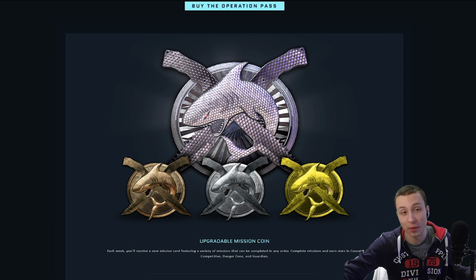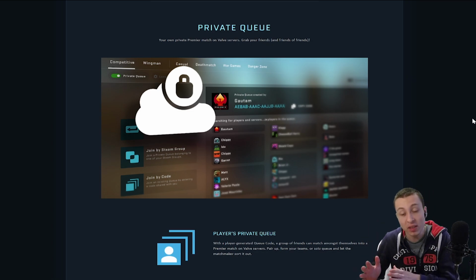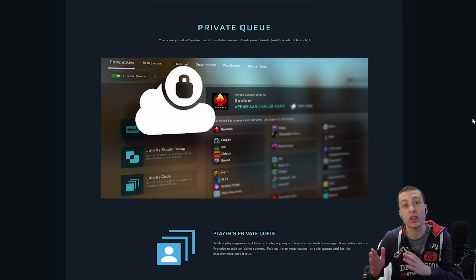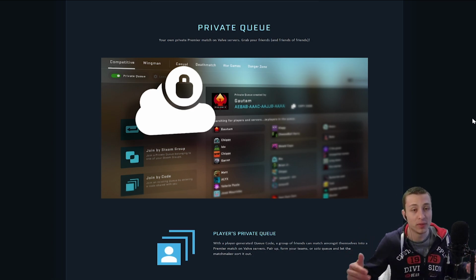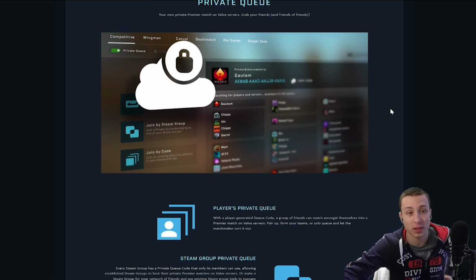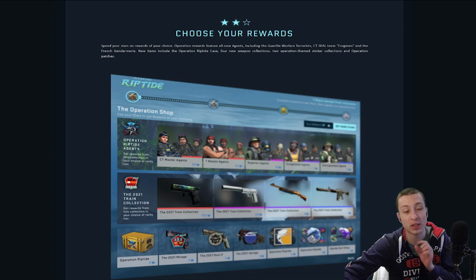to a long video. First off, Valve added a private queue, which means you can now play with your friends on a private server hosted by Valve. So if you want to train with your friends, one of you doesn't have to host the server anymore. You can just play on a VAC secured server. The operation shop is very similar to the Broken Fang one, just with tiny adjustments, and I'll talk about that